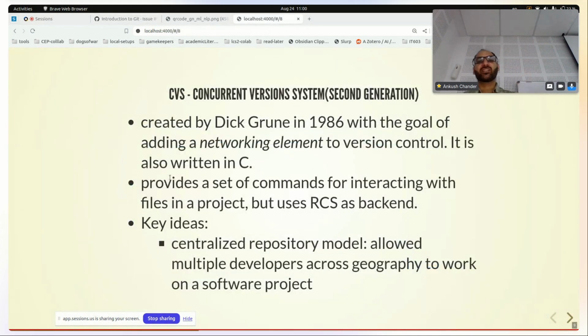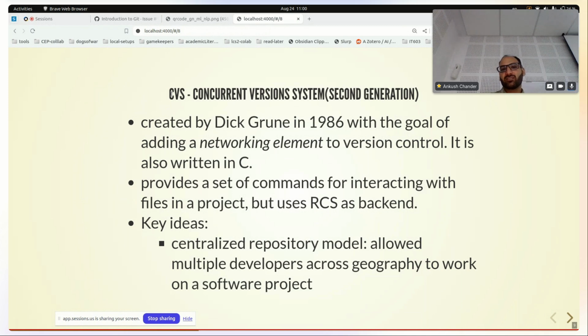अब आता है सेकेंड जनरेशन, राइट? सो अभी तक क्या था ना कि एक ही मशीन पे अगर कोलैबोरेशन हो रहा है तो ये दोनों कर पाते थे उसको, राइट? हमने मल्टीपल कोलैबोरेशन देखा था पिछले RCS में, वो किस तरीके से कि मल्टीपल यूजर्स एक ही सिस्टम में लॉगिन करके वो फाइल एडिट कर पा रहे थे अलग अलग टाइम पे, राइट। बट